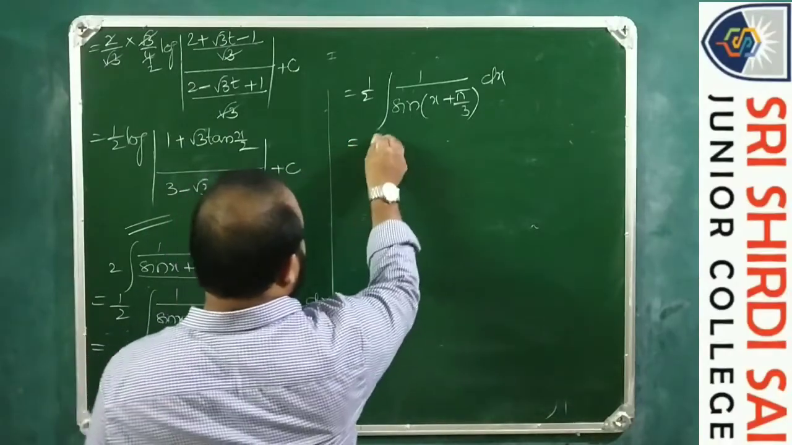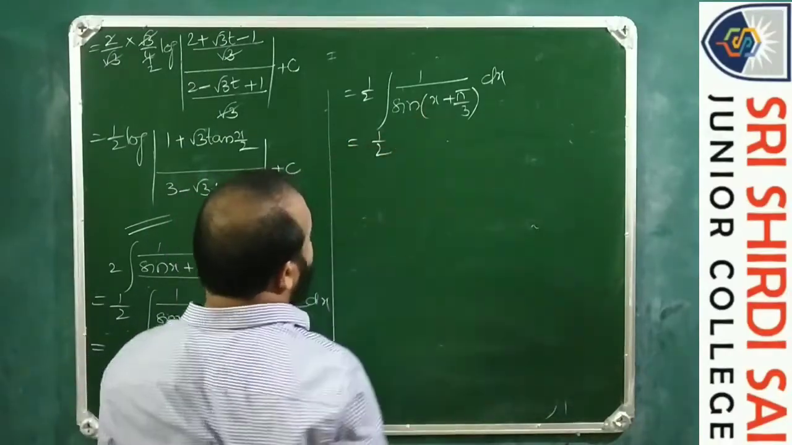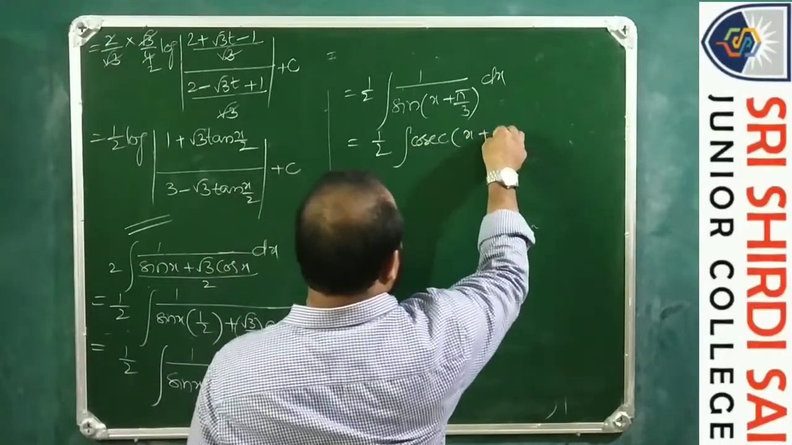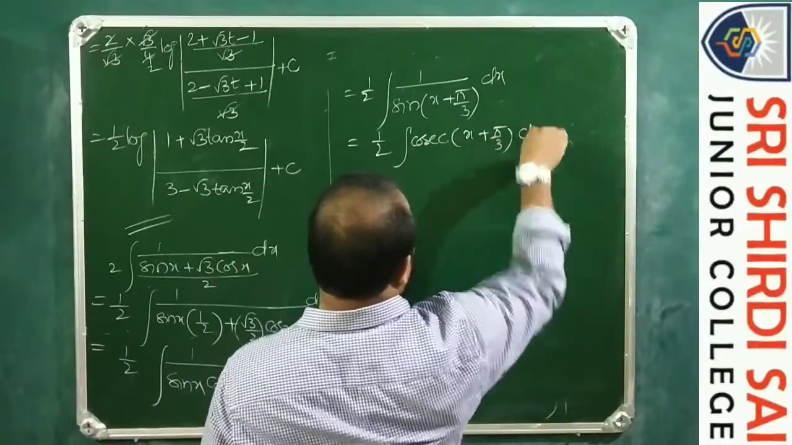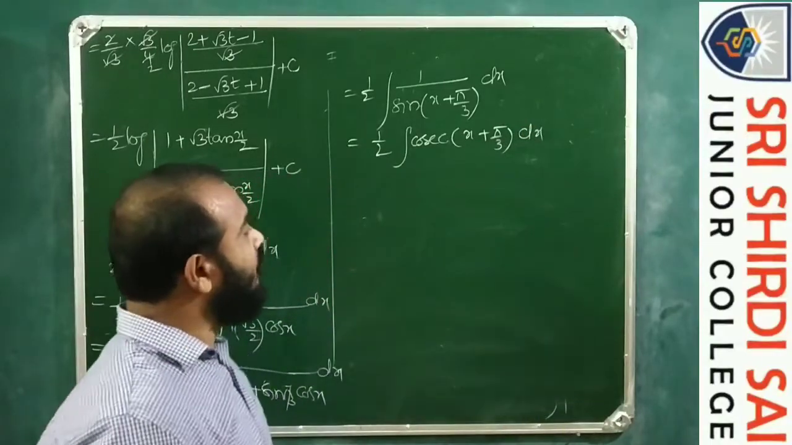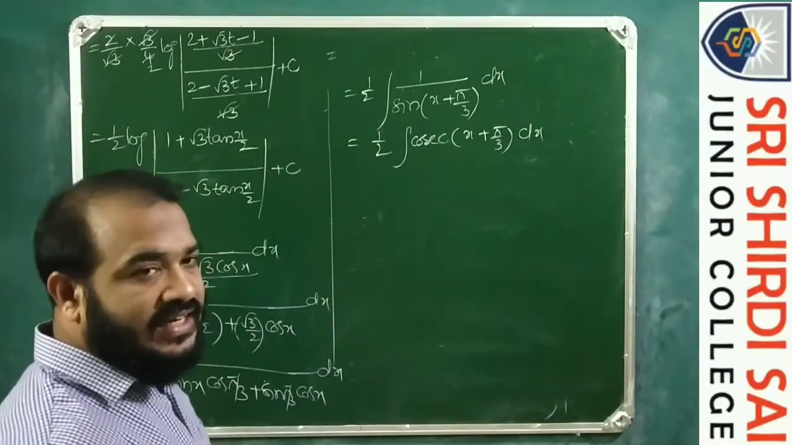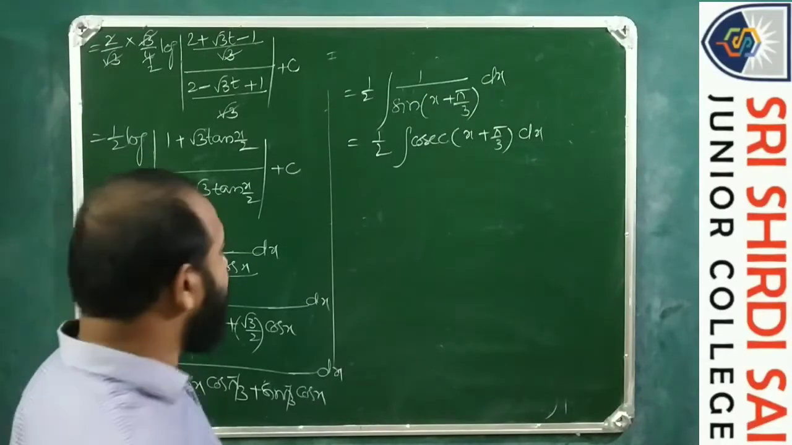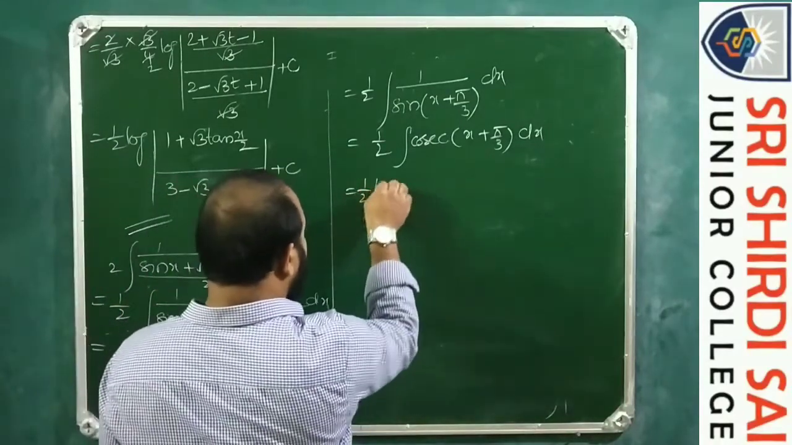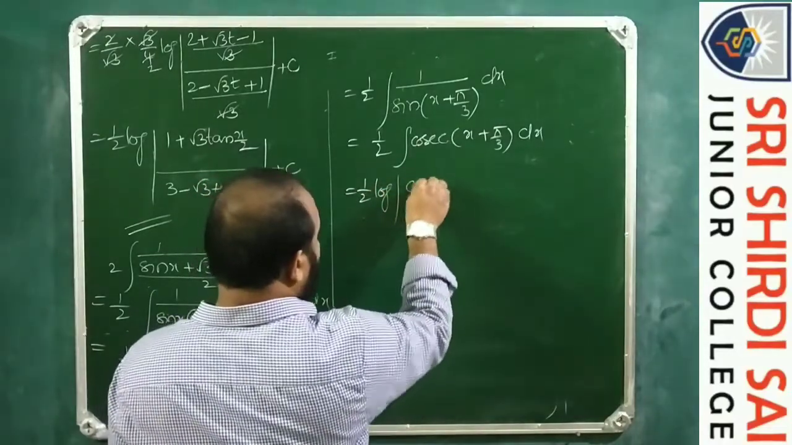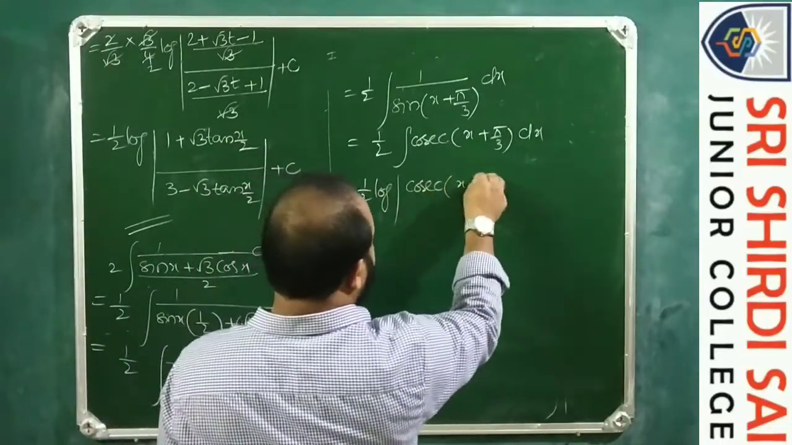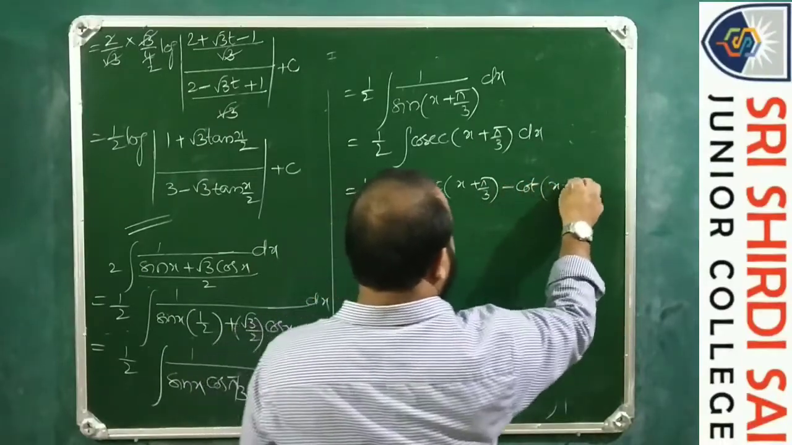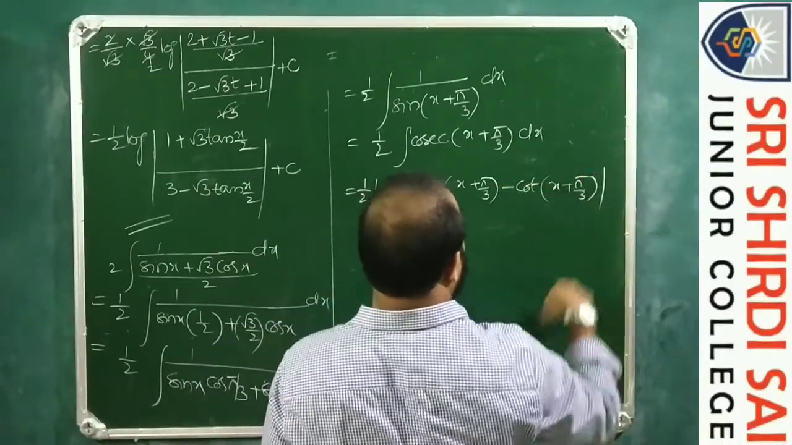This is equal to 1 by 2 integral 1 by sin is cosecant. So this is cosecant x plus pi by 3 dx. Integral cosecant x is log mod cosecant x minus cot x plus c. So 1 by 2 log mod cosecant x plus pi by 3 minus cot x plus pi by 3 plus